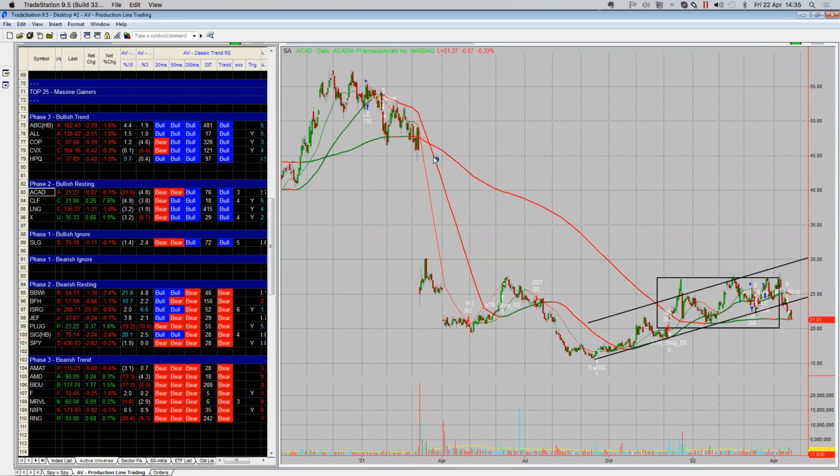Arcadia. Again, we've got the average prices crossed over. The average prices are bullish there. So there's a little bit of conflict. Although we could call that a bear flag, there's a little bit of conflict with the application of the rules. So you know what? We let it go. Don't need to worry about it.